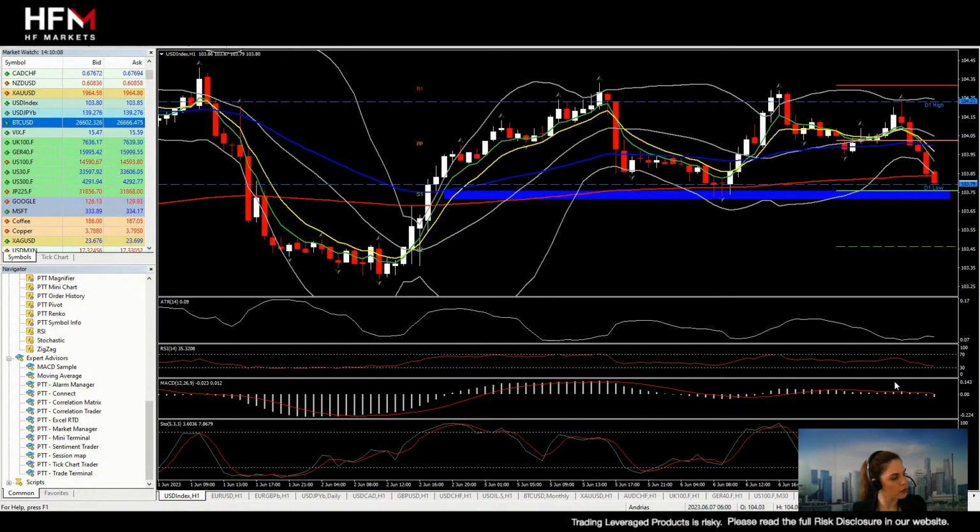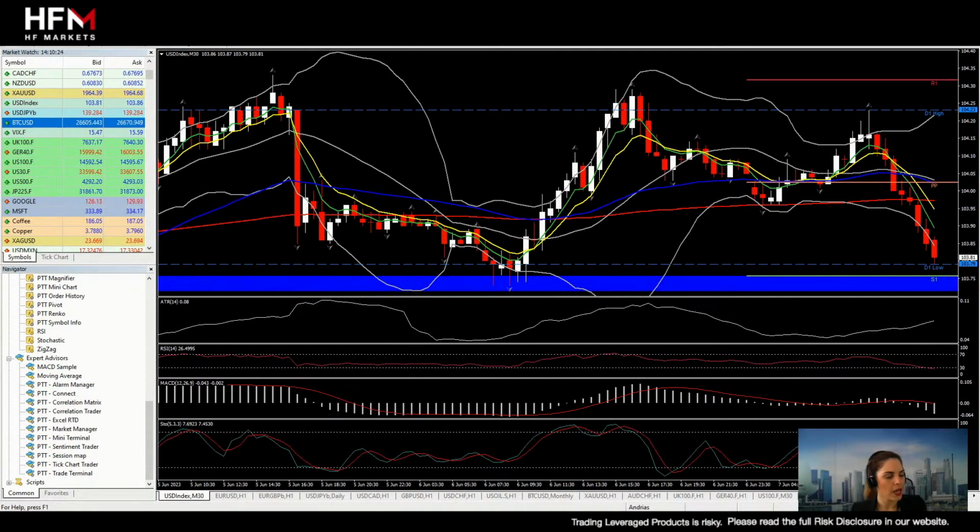RSI, even though it's close to 35, is a bit choppy, a bit neutral. So we are in a pretty mixed and neutral mode for the time being, at least in the short-term time frame. Okay, in the 30-minute short, there is still some further steam to the downside, but it doesn't look sufficient enough to break that support. Let's wait and see.